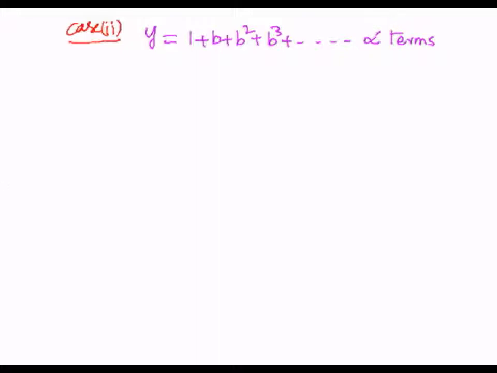So here the left hand side quantity is y and the right hand side quantity is 1 plus b square plus b cube up to infinity. The symbol between each and every term is plus, so here plus indicates sum. This is the sum of infinite terms, so we can write it as S of infinity, that is, the sum of an infinite number of terms.